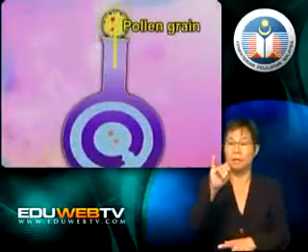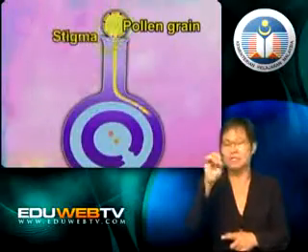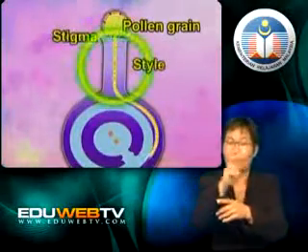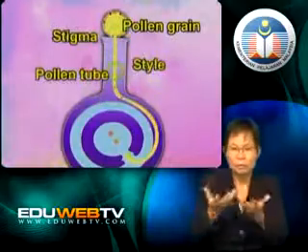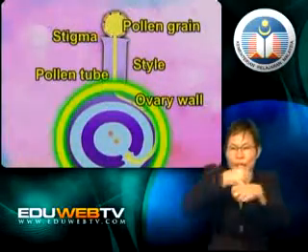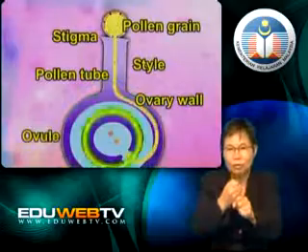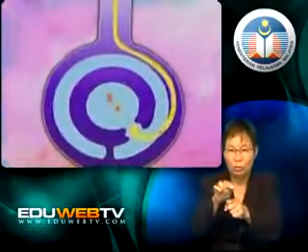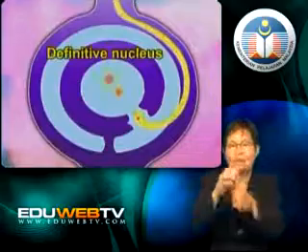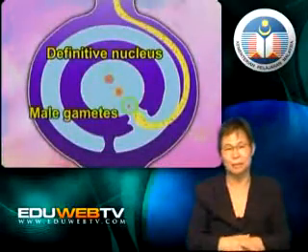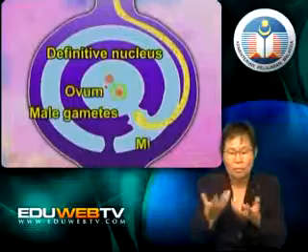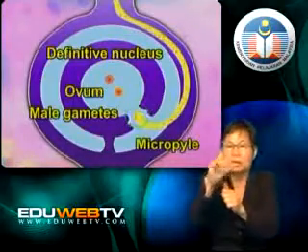Fertilization in flowers occurs in the ovary of the pistil when one of the male gametes fuses with the ovum to form the zygote. Then the zygote will develop into the embryo of the seed. The other male gamete will fuse with the definitive nucleus to form the endosperm nucleus, which will then divide to form the endosperm. And finally,